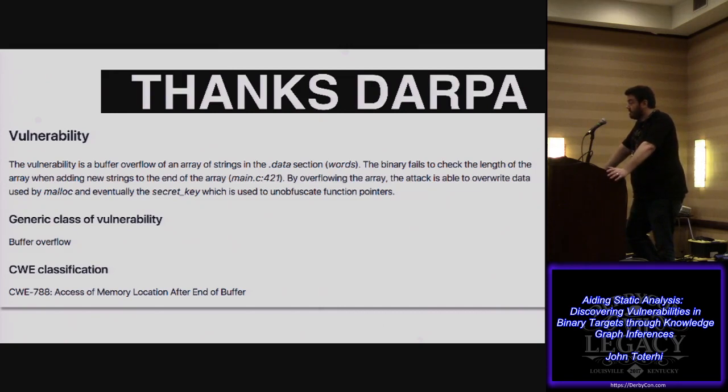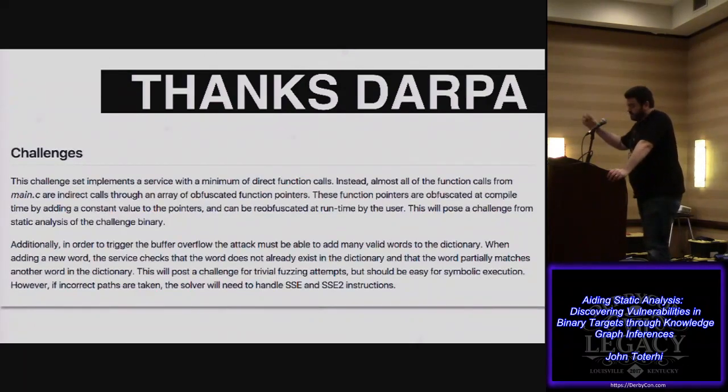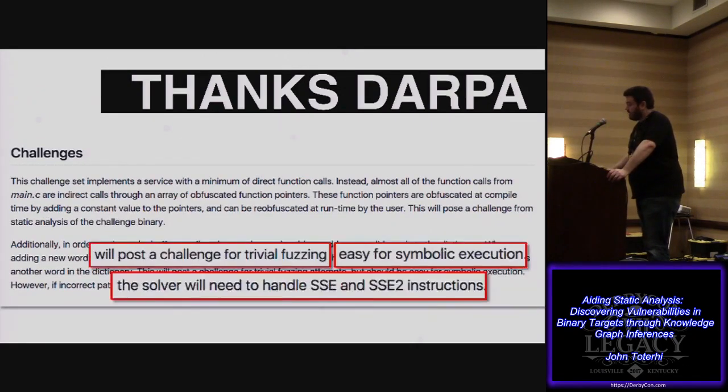So there are lots of things that could cause or lead to a buffer overflow. In this case, it is CWE 788 which causes it. So it gives us a little bit of information on where to start. And in fact, all the code on GitHub and the patterns that we're matching against are modeled after CWEs. So you can go to our CWE 788 script, and that's what shows how to actually query a program for this particular vulnerability. So then they go on and tell you all the challenges and why this would be hard,